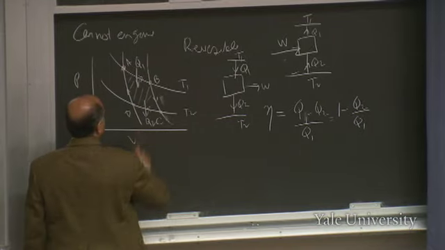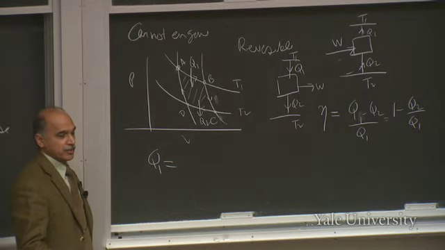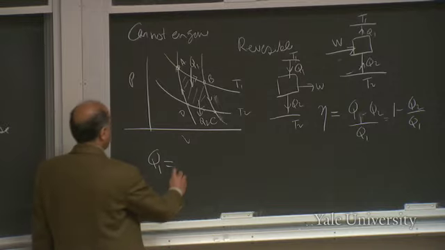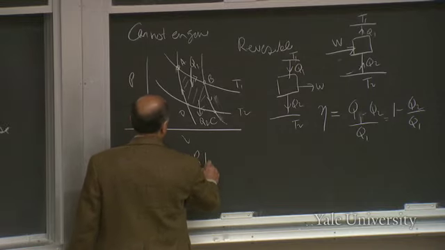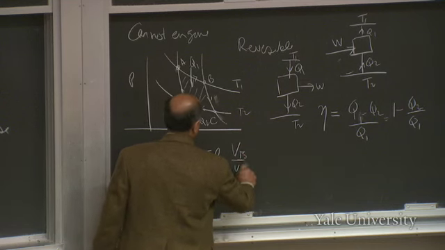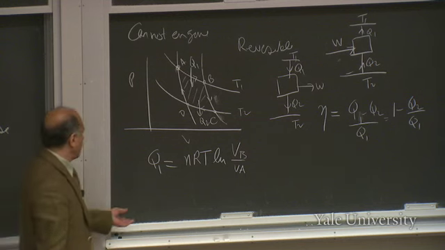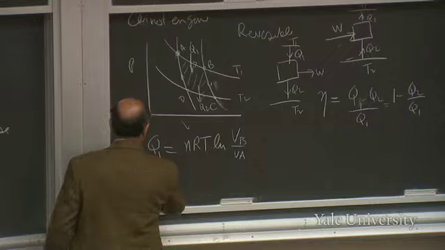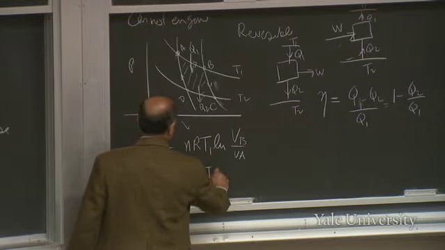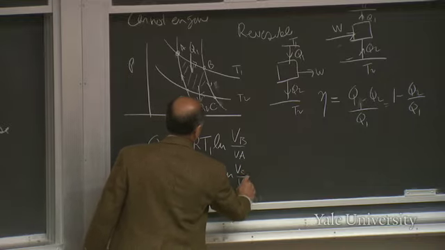In the process AB, remember isothermal expansion, the heat input is the work done, because change in internal energy is 0. And the work done, you remember, is nRT1 log VB over VA. Similarly, Q2, as a positive number, is nRT2 log